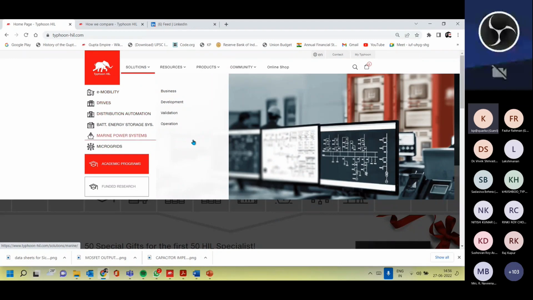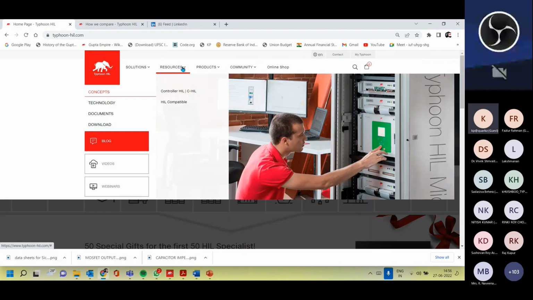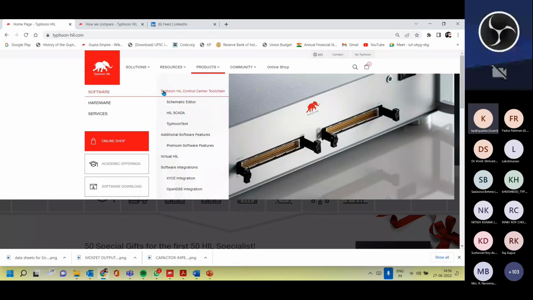drives, and when you open each of them you will be able to get more. Then in Resources, inside the documentation, you will find the white papers and published papers. When you go to Download, inside it you will get the software download. So the software which we are using, Virtual HIL, you can download it. Then in Products you will again find Virtual HIL, and when you click it directly here, then again you